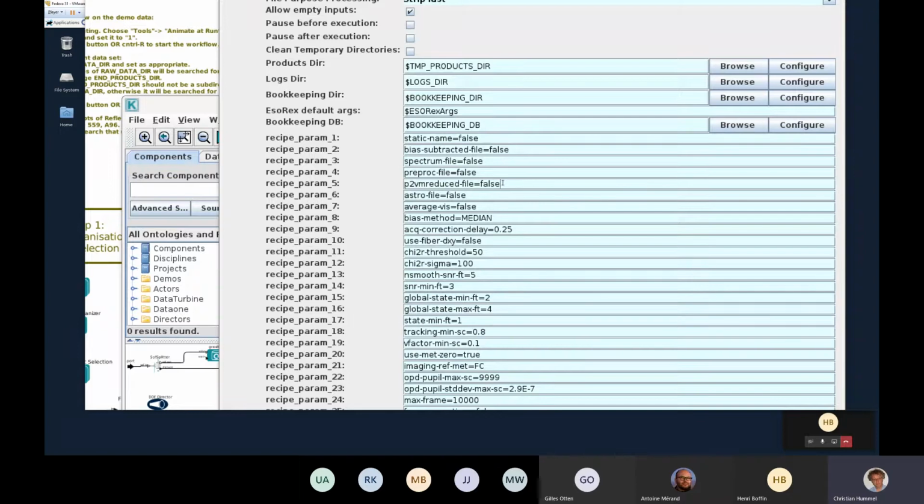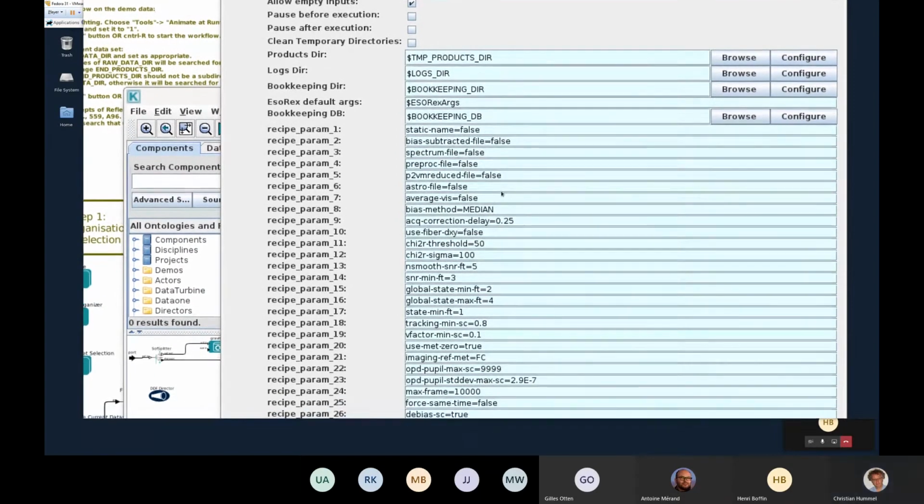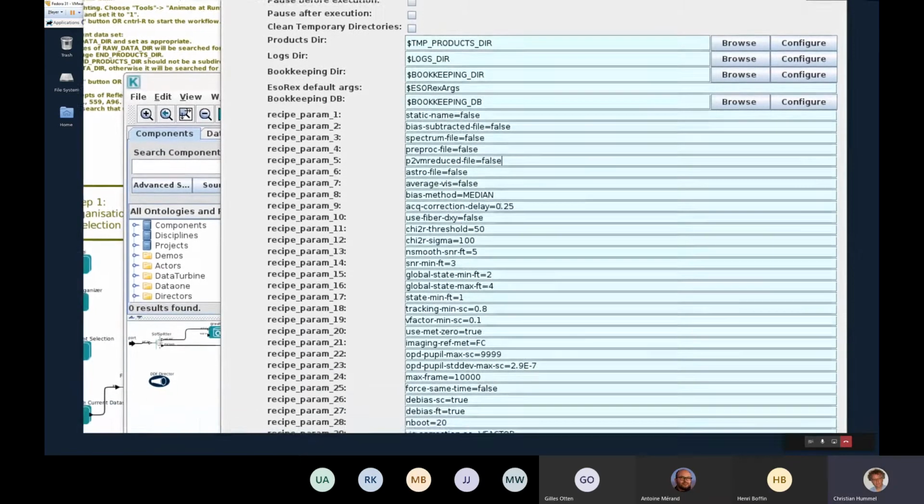I'll tell you later how to do this, which gives you all sorts of information about fringe drops, fringe signal to noise, baselines tracking, and things like that. So that can be very useful. So going down,